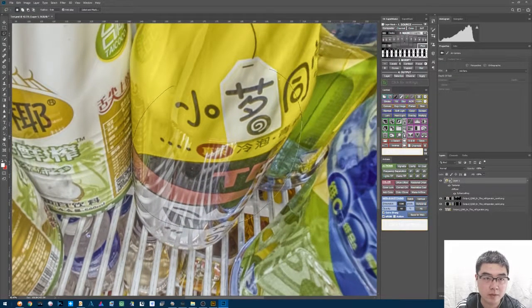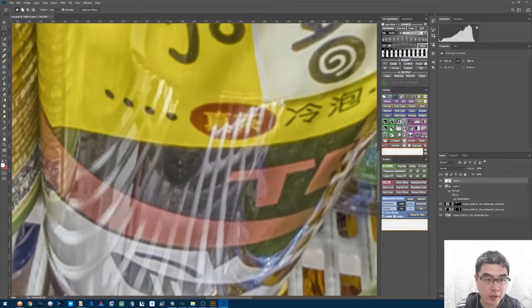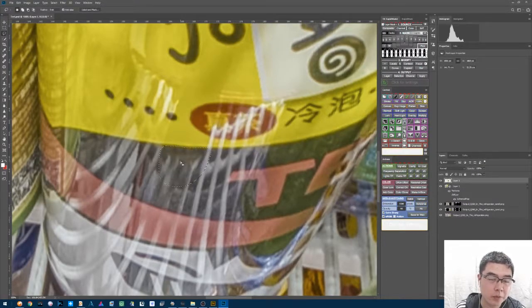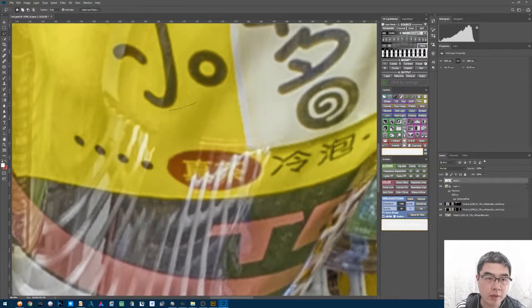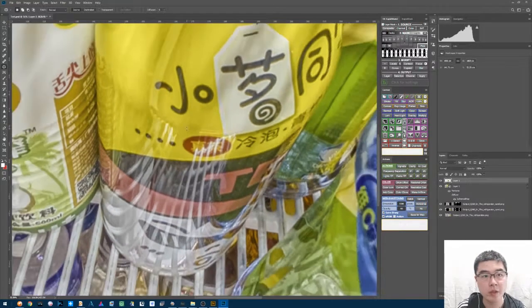You can select this part and add it to a new layer and get rid of the shadows with the help of content aware fill. The shortcut is Shift plus F5. Fill content aware. Now you can get rid of the shadows. And if you take a closer look at these areas, you can also see shadows here. You can get rid of this directly with the patch tool. Okay, it's the patch tool. Now we have gotten rid of the